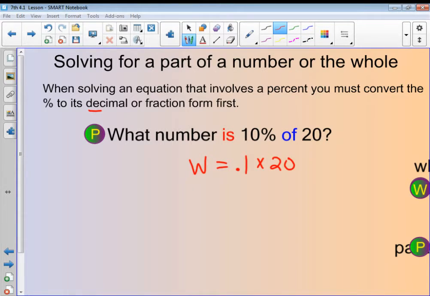Okay, so for your equation, you should have ended up with W, or whatever letter you chose, equals 0.1 times 20. And when you solve that, you should have gotten W, or your number, equals 2. So here, 2 is 10% of 20. One thing that I will say is if you didn't get that, double check your percentage. Did you remember to write it out in its decimal form, or to punch it in on your calculator in its decimal form? If you're working the fraction, that's okay. Just remember that as you work in the fraction form, you have to make that 20 into a fraction also. Okay, so now we're going to work with some of them where they're wanting us to